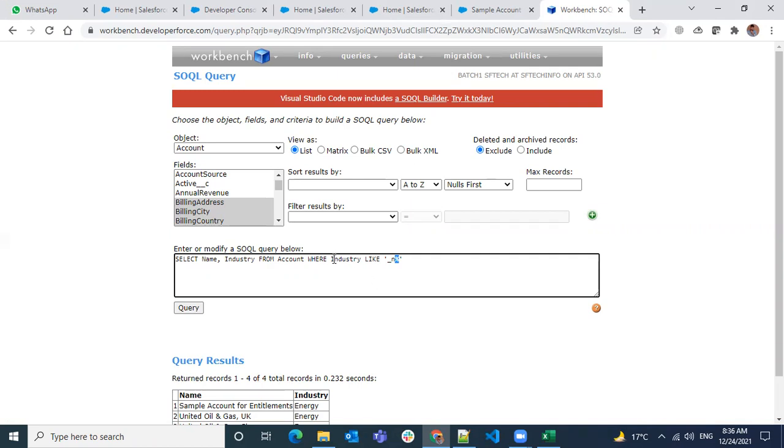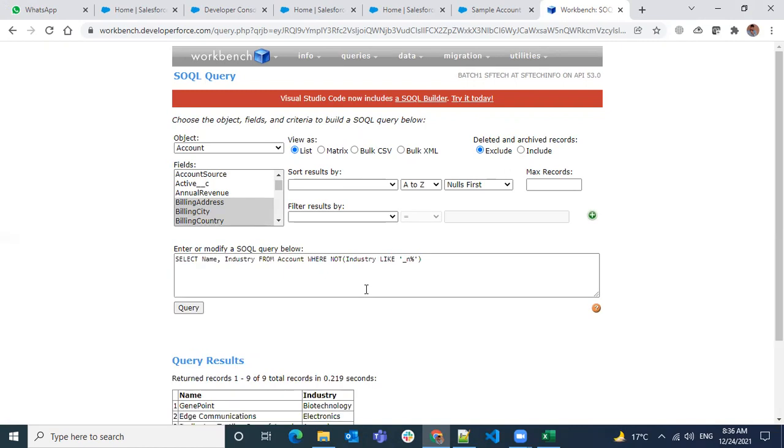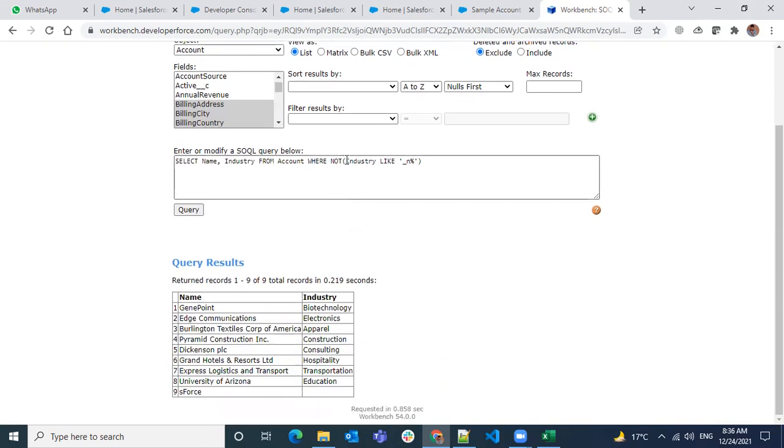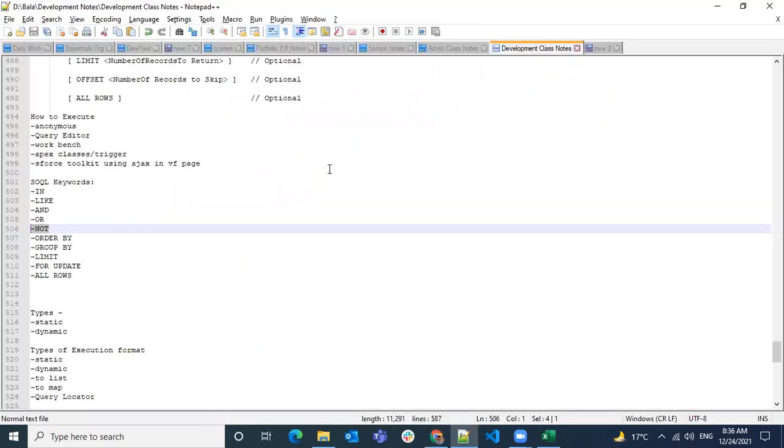Let's see whether it will work or not. So whatever expression you're having, if you apply the not operator, it will behave exactly opposite to it. I hope it makes sense to you.